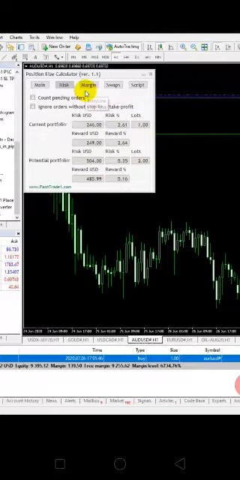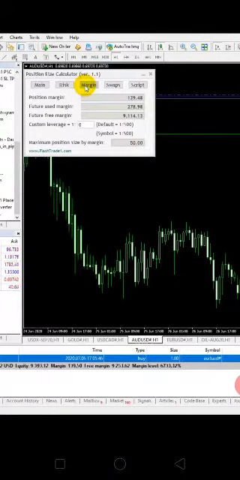Let's move to the margin. Position margin is the margin used by your current trade. It means I have placed my buy AUDUSD signal with one lot, then my margin used is 139. Future used margin is the margin used by the pending orders, and future free margin is the margin available right now. Leverage is by default right now 1:500, and the maximum lot size that I can put right now with this capital is 50.